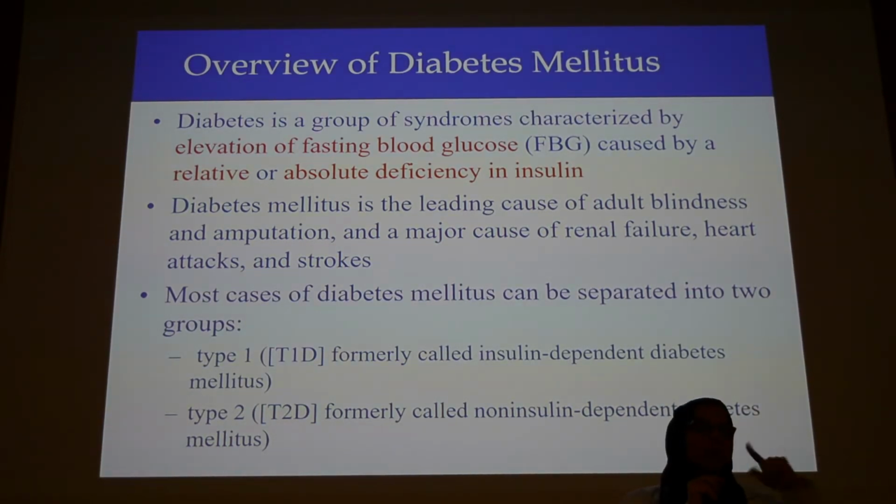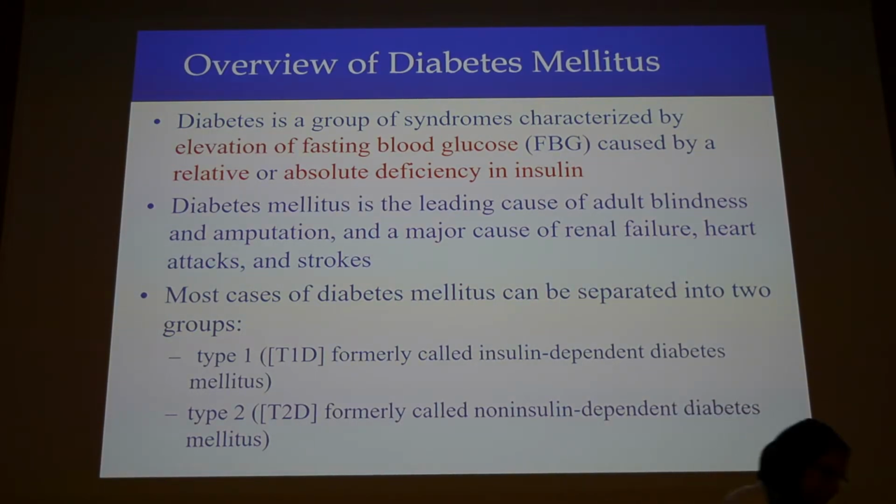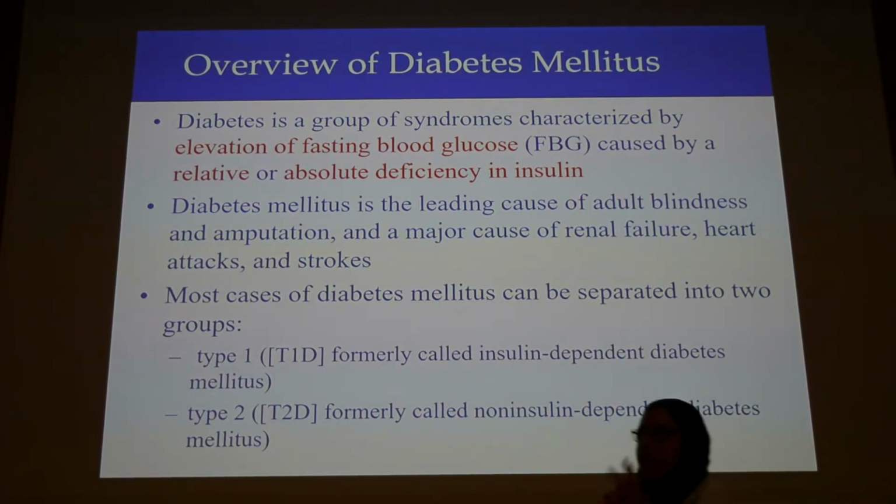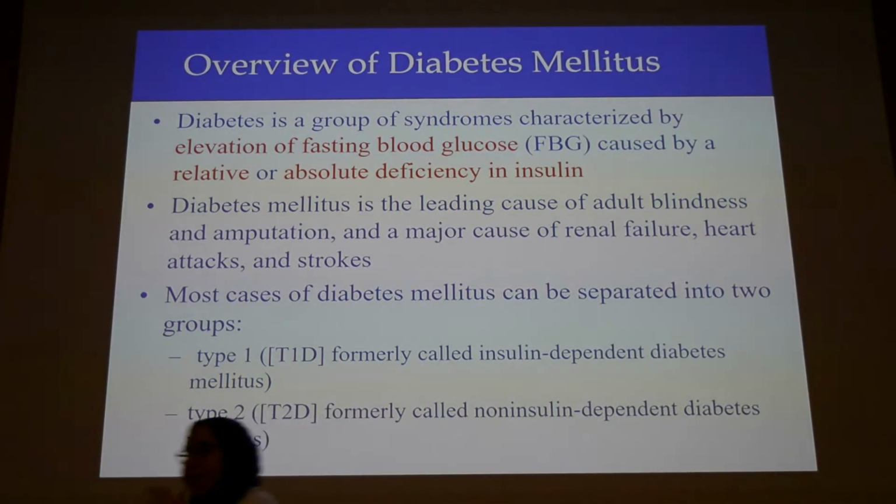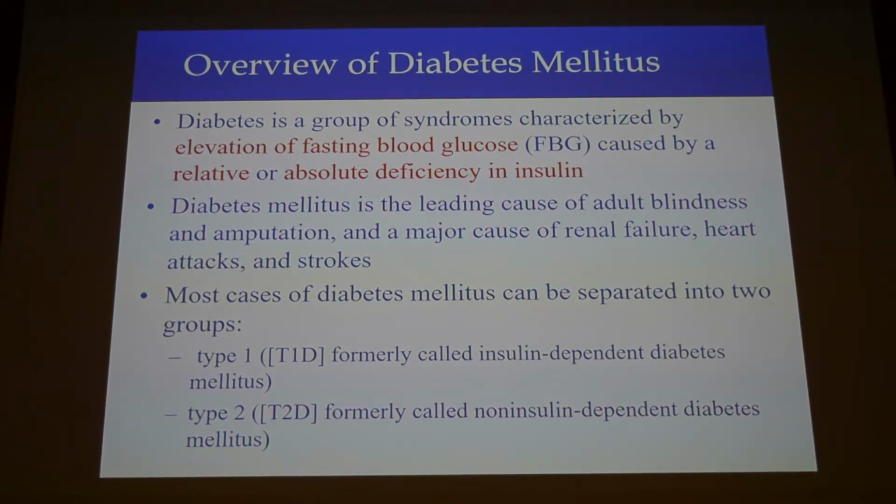Type 1 is genetic plus what's the other factor? Environment. So something in the environment will trigger what? An autoimmune response. In type 1, there is exposure early in life to a certain factor. It could be a virus, we don't know. It could be anything in the environment that will trigger an autoimmune attack. So the body will stop recognizing the beta cells as self. Instead, it will recognize them as non-self and attack the beta cells, destroying them. So there is an autoimmune disorder in type 1.